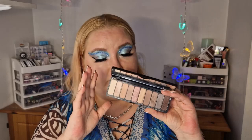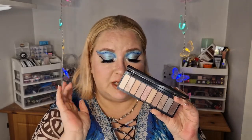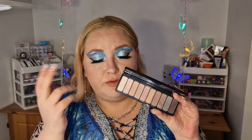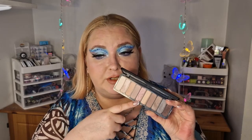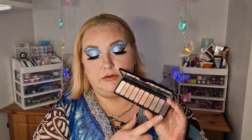Like I said, it's vegan and cruelty free. This was 11 euros, and this also surprised me. I wasn't expecting much. I have tested E.L.F eyeshadows before and they haven't been my favorite. No, they're still not my favorite, but I do get very nice looks out of this palette. It's the shimmer, especially this shimmer and this shimmer are such beautiful shades. And this one is a matte that has little glitter bits of shimmer in it, same as the Colourpop